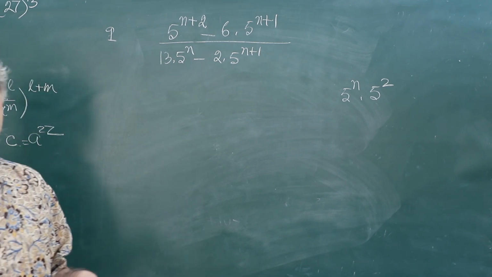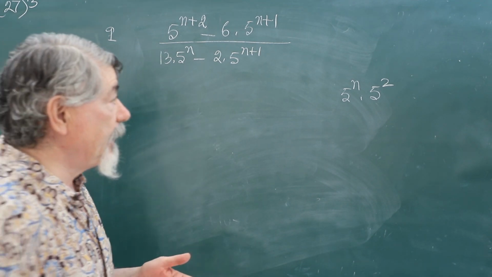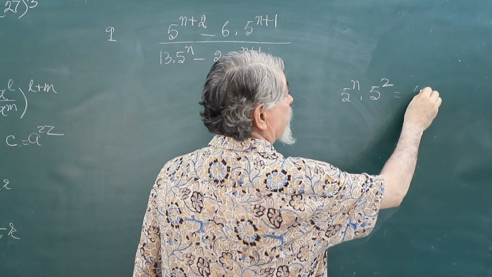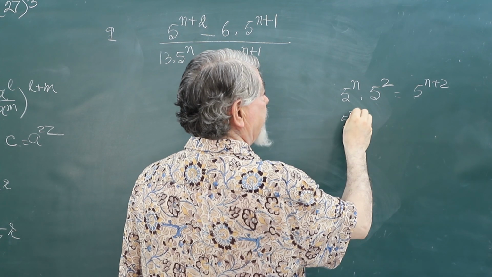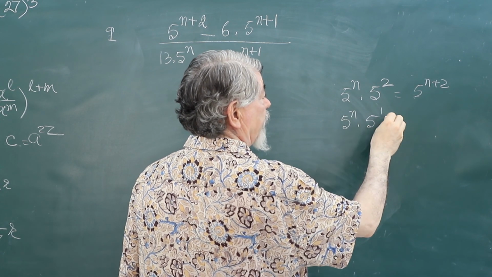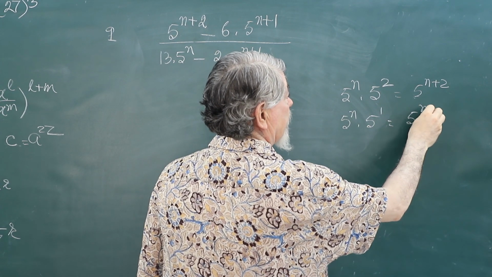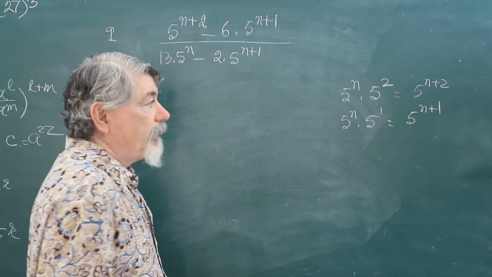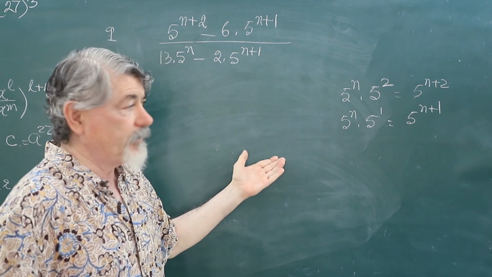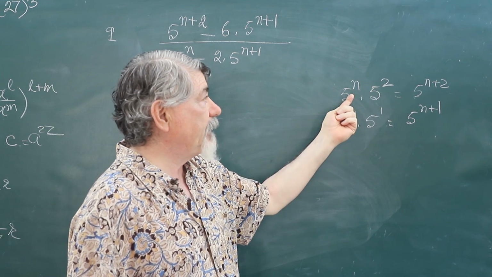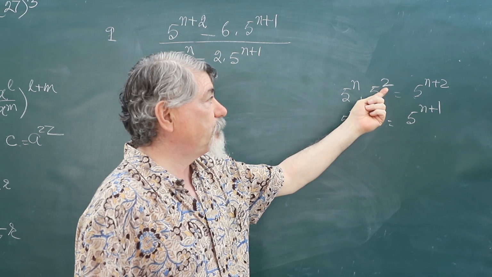Bases are same, so powers will get added. So it will become what? 5 to the power n plus 2. Or if I have 5 to the power n, 5 to the power 1, it will become 5 to the power n plus 1. If I can go from left to the right, I can come from the right to the left. If I have added them, 5 to the power n and 5 to the power 2 is 5 to the power n plus 2,